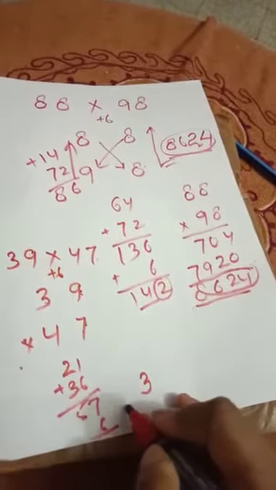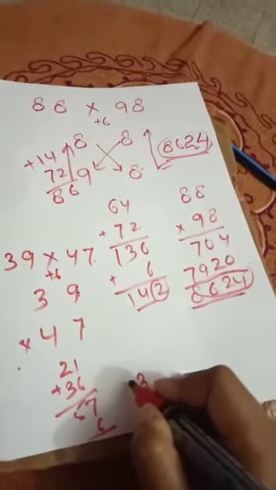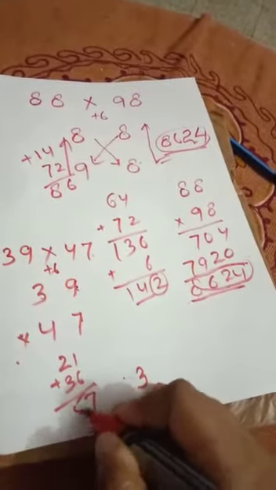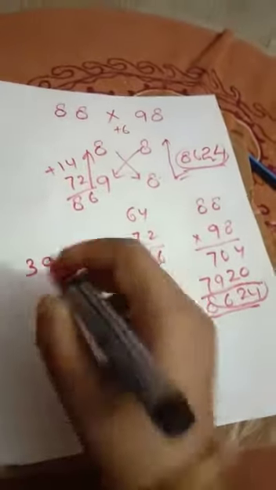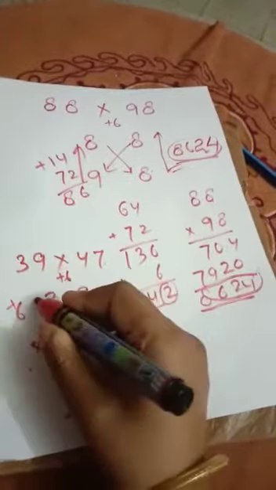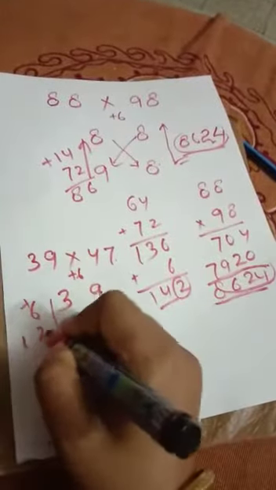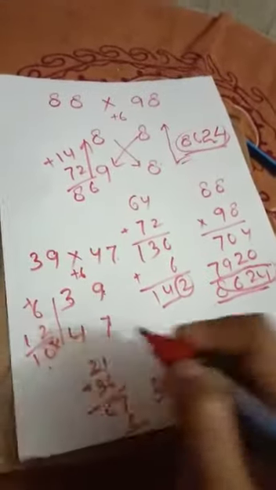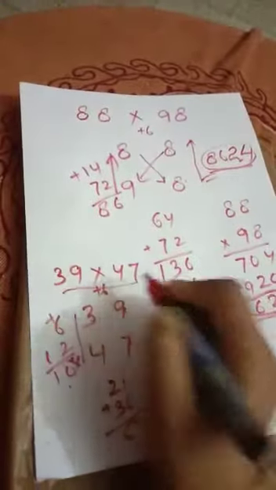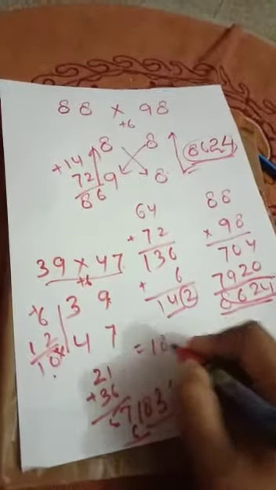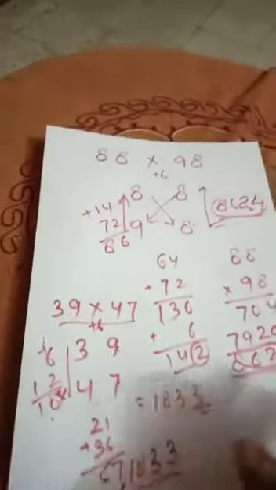So total it is 63. So from 63, 6 and 7, 3 and 5 and 6. 63, I will write 3 here and 6 will go as a carryover. Now multiply this. 3 4s are 12. 12 plus 6, 6 plus 2, 8 and 1. So the answer is 1833. So in this way, children, you can apply shortcut methods in order to do the multiplication.